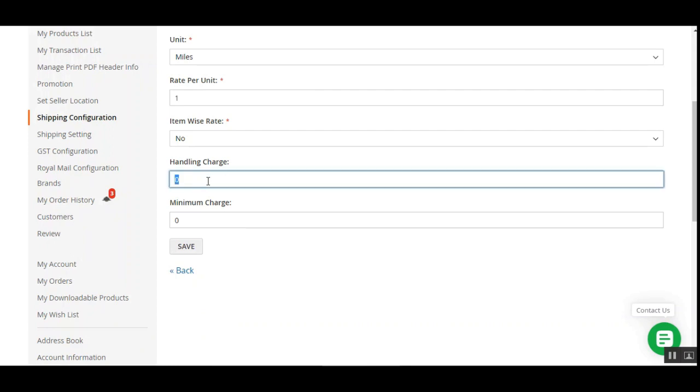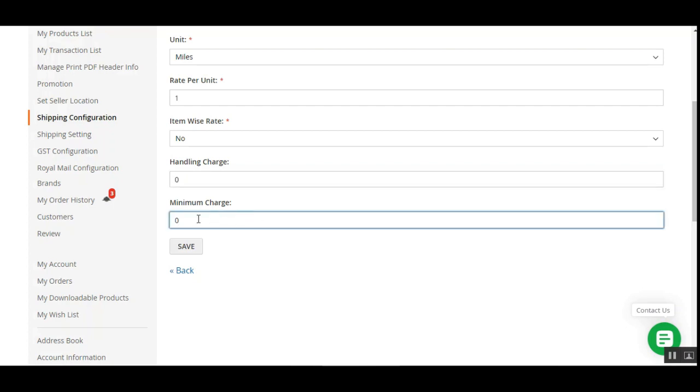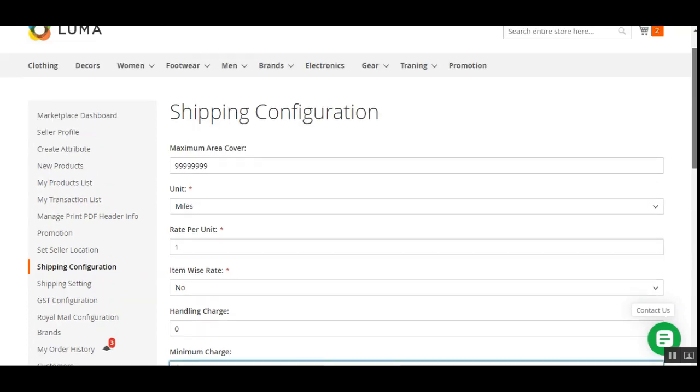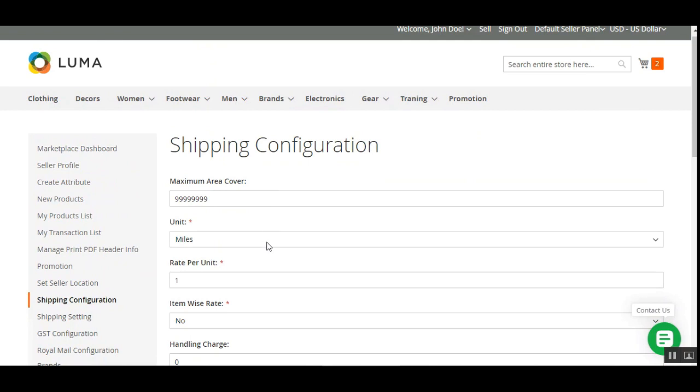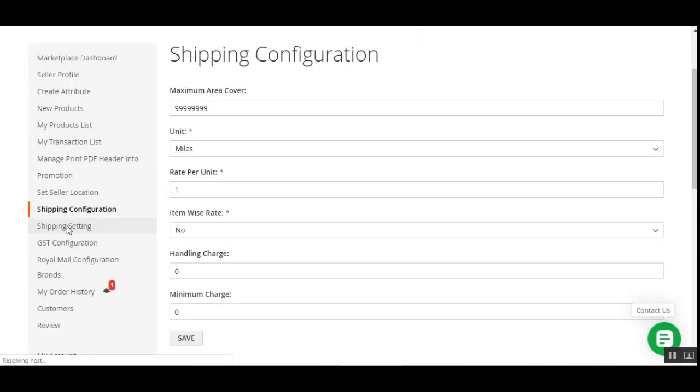If there are any handling charges, the seller can add them here, and the seller can also enter the minimum charge. So if the calculated shipping charges are less than the minimum charge, then the minimum charge will be applied. After that, the seller just needs to tap on the save button to save this setting for the shipping configuration. And lastly, we have the shipping settings, and here the seller needs to enter his shipping origin address,